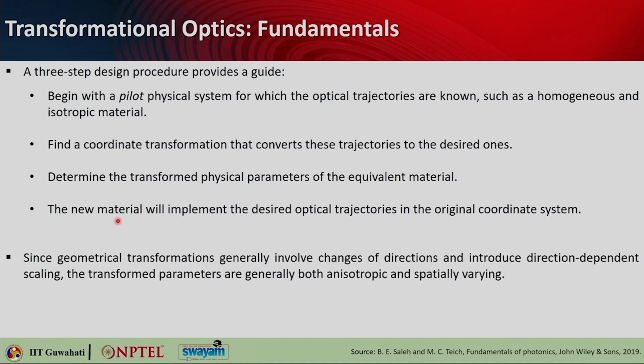We will take examples, it will become clearer in the subsequent slides. Since geometrical transformations generally involve changes of directions and introduce direction dependent scaling, the transformed parameters are generally both anisotropic and spatially varying. So this is how you will get the